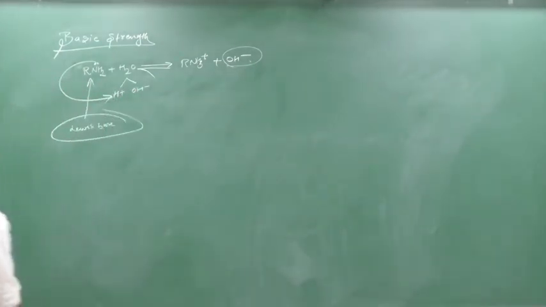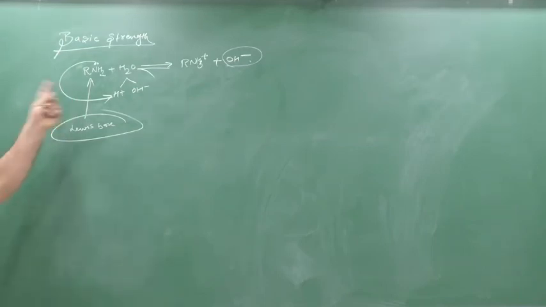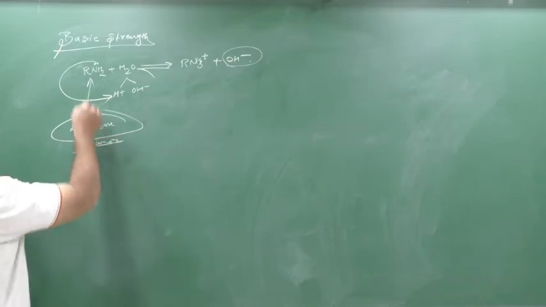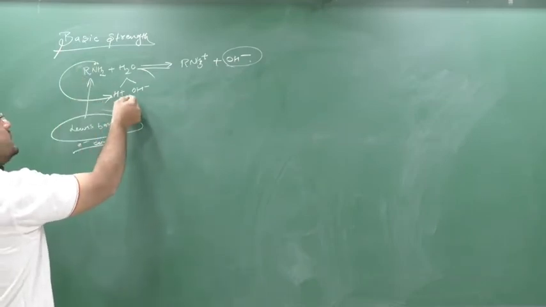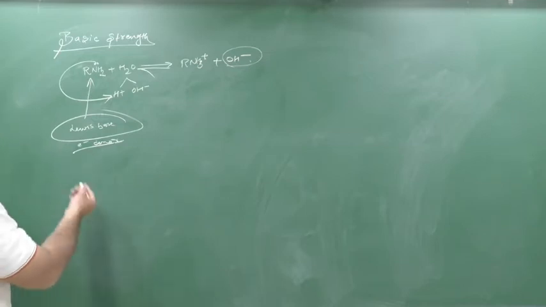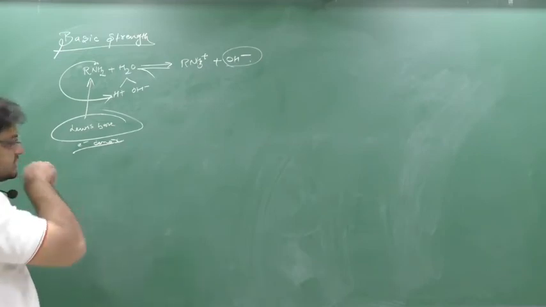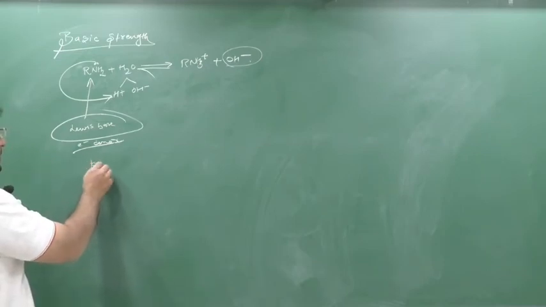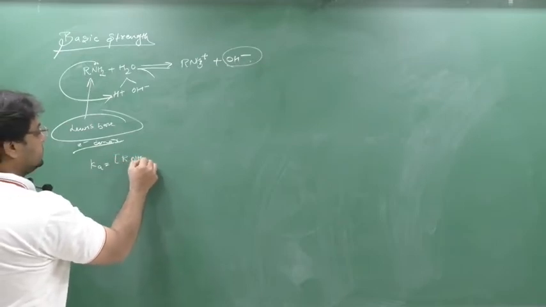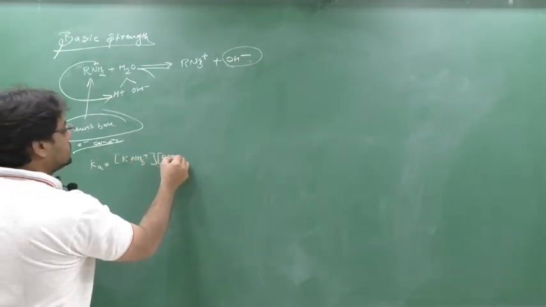Yes or no? So electron donor, Lewis base. They are also called a Lewis base because they are electron donors. They have donated the lone pair to hydrogen, then only the OH minus is released. So they will also act as a Lewis base. Clear this part? Now, here if I apply the equilibrium concept, we know the equilibrium concept, what I will write down: Ka, concentration of product upon concentration of reactant.